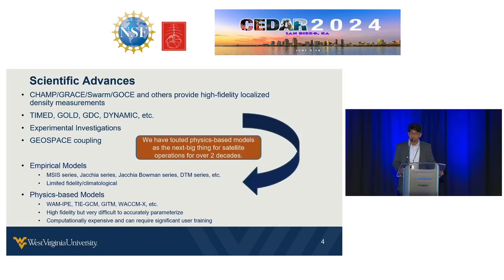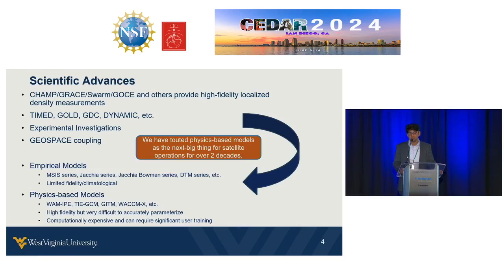And we've done a great job at translating a lot of this science into some of our models, including empirical and physics-based models for the thermosphere, but they all carry certain limitations. Empirical models are limited fidelity, climatological, so they don't capture the important variations that we need to capture. Physics-based models do a better job at that, but like I said, they are a lot more complex,